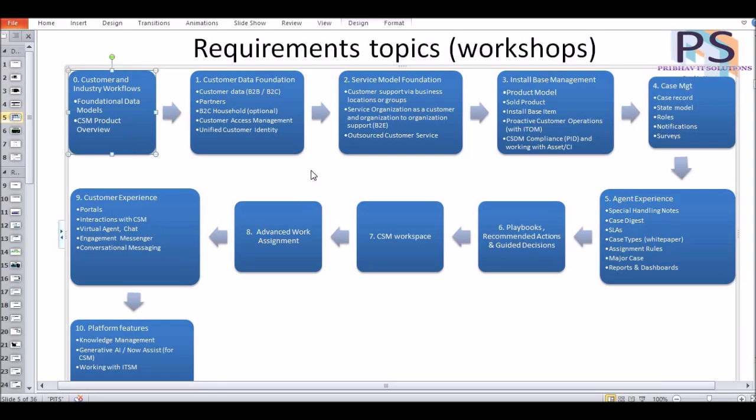Initial is the CSM overview. The second one is customer data foundation, where the data management of CSM will be discussed. Then service model foundation: if the customer is using or following service models, then this service model foundation data is to be discussed. Install base,